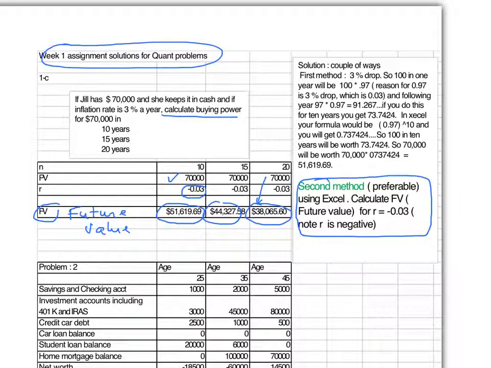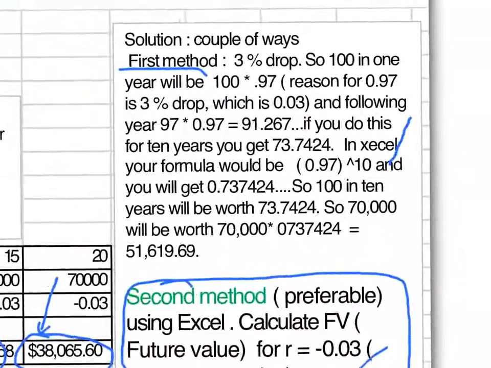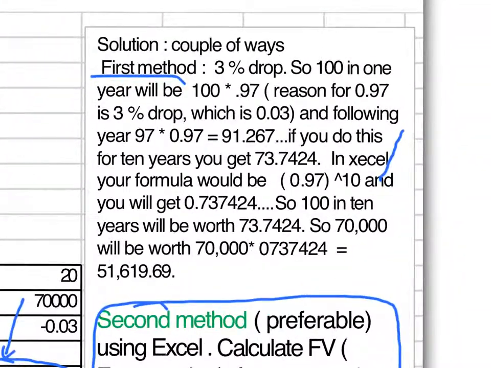Now, from a conceptual perspective, I will talk about method 1, but I was suggesting you would use method 2, and the reason is because it ties in with the stuff that we are learning in the future weeks. Now, if you wanted to do it, basically, the method over here is that, let me make this a little bit bigger so you can see it.